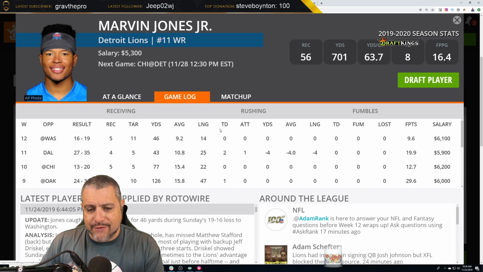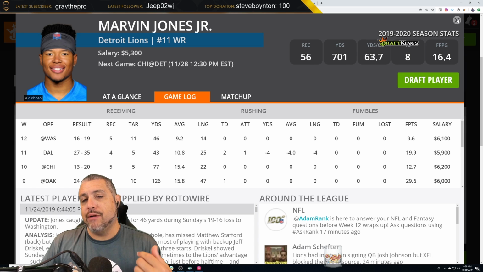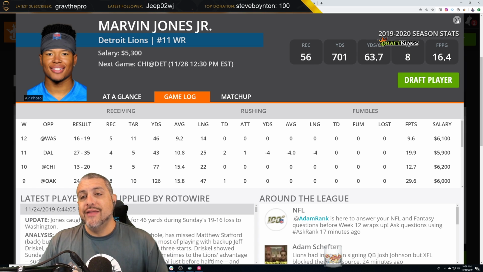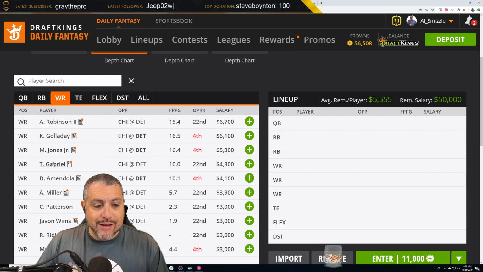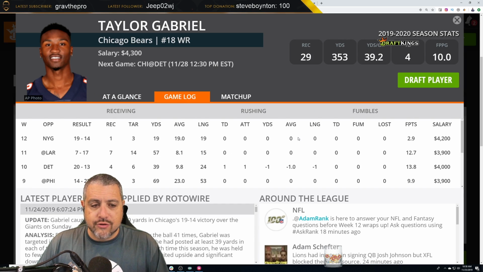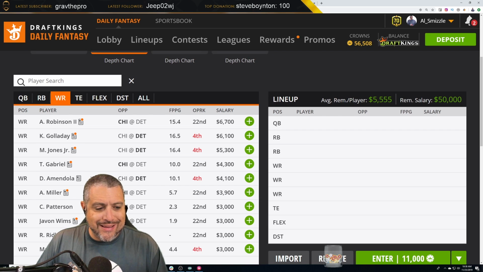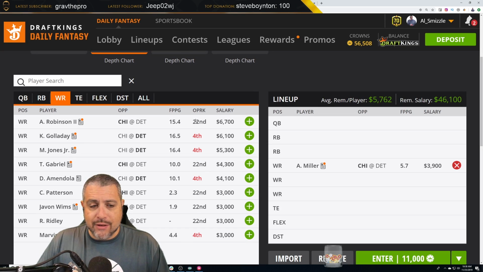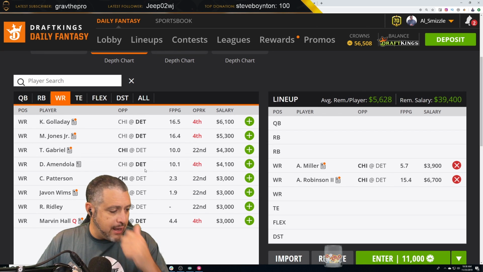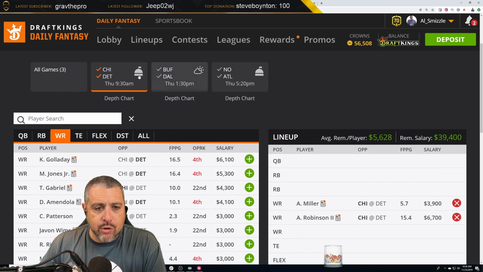Jones has found himself into the end zone a couple of times in week 11, but because they're not throwing it as much, and definitely less consistently, and probably capping around 200 or 210 passing yards, the upside for somebody like Marvin Jones or somebody like Kenny Golladay is a little bit more capped. Taylor Gabriel found himself into the end zone, but his targets are inconsistent and fluctuate every single week, and he's priced higher than somebody like Anthony Miller, who I think is the best value wide receiver play on this slate in the sub 4K, sub 4,500 range. So I'm going to plug him in first. I'm also going to plug in Allen Robinson from this game. Those are the 2 plays that I want from here, and we're going to move on to the next game,